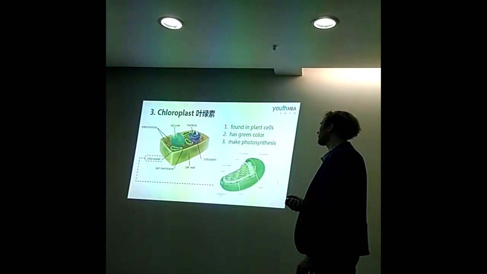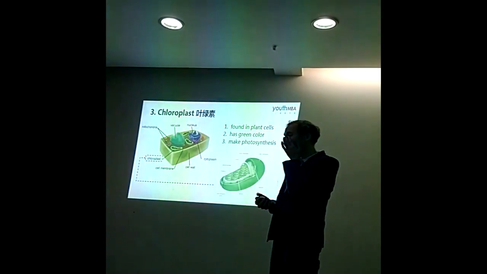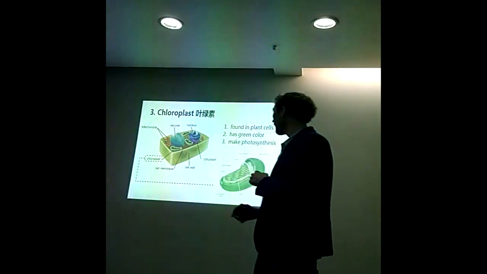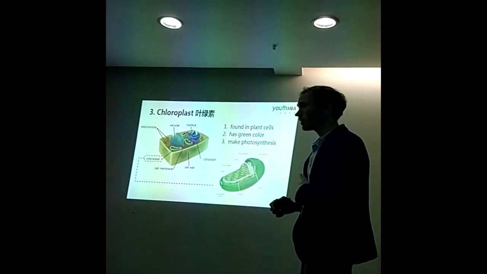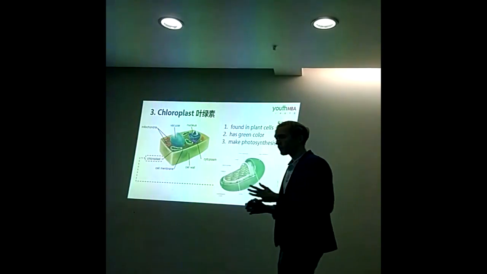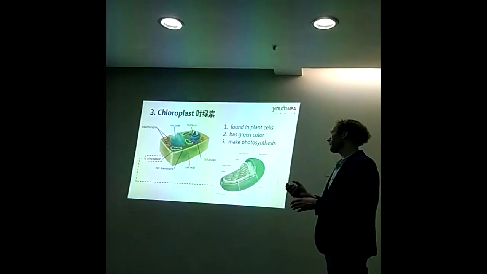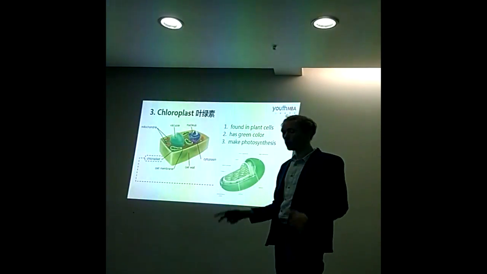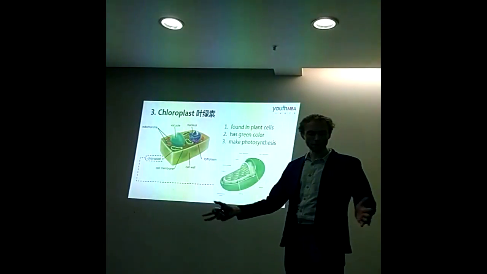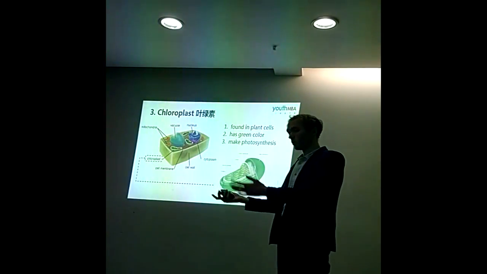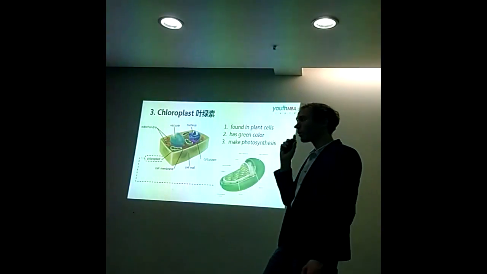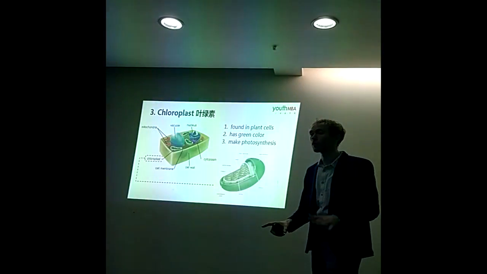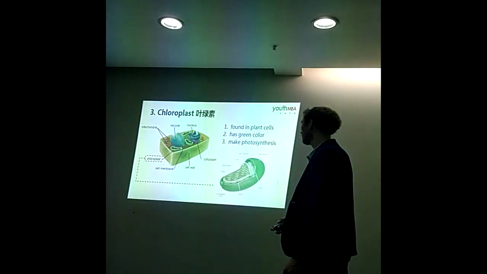Okay, and probably the last organelle we can mention in our demo class, because we are running out of time, is the chloroplast, a special organelle which is found inside of plant cells, and just plant cells. Animals, am I green? My body is not green. So a plant cell has chloroplast, an animal cell has no chloroplast, right? So the function is